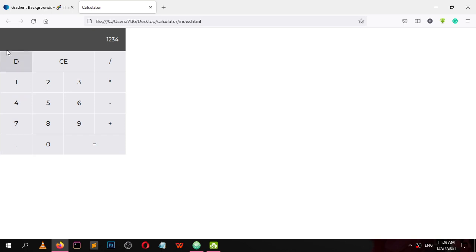The one thing remaining is to center this calculator in the middle of the screen.